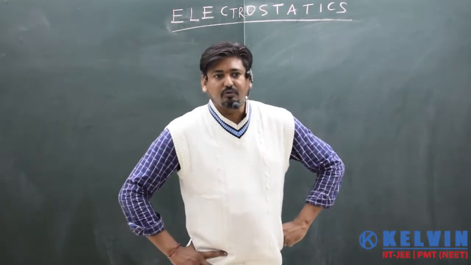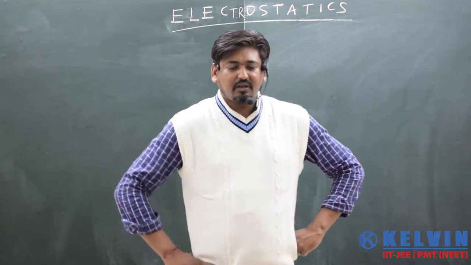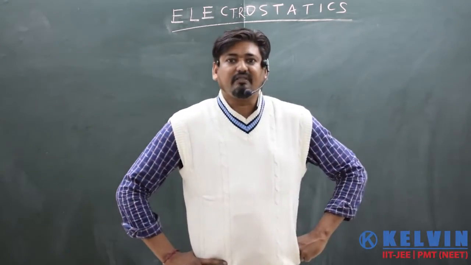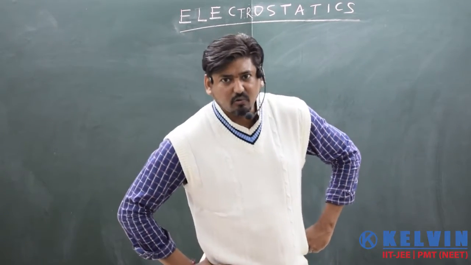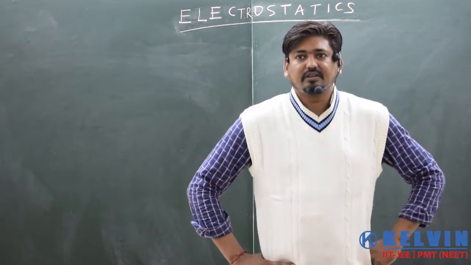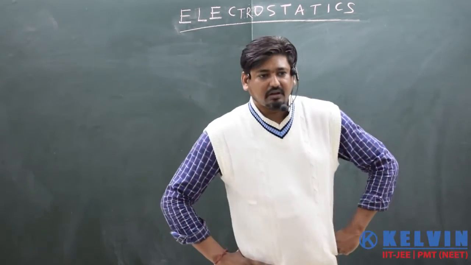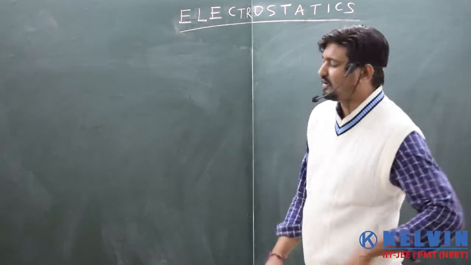So we have been through Gauss's law by the equation E vector dot dS vector, or dA vector, over the closed surface, which is the flux itself, is equal to 1 upon epsilon times the total charge enclosed in the surface. Now, to understand the concept a little more deeply, let me take an example for that.